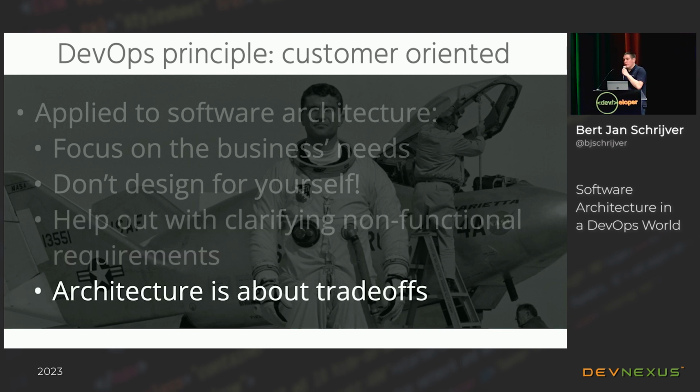In the end, architecture is about trade-offs. If we talk about security versus usability, how many of you love two-factor authentication? Who loves 2FA? Almost nobody, right? Because it's a nuisance. You log in and then you need to pick out your phone or get an SMS or the Authenticator app, but it helps protect your account. These trade-offs are something you can also make clear to the business. If you do 2FA, that will make the app more secure, but it will also be a hassle for people. What if you lose your mobile device and your 2FA token doesn't work anymore?